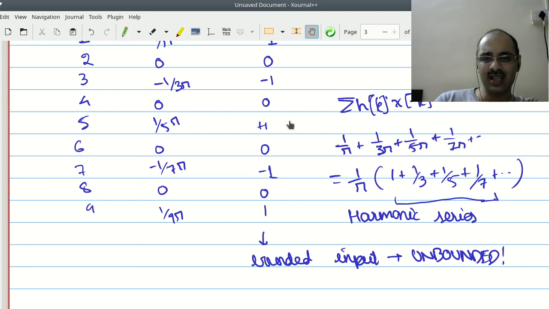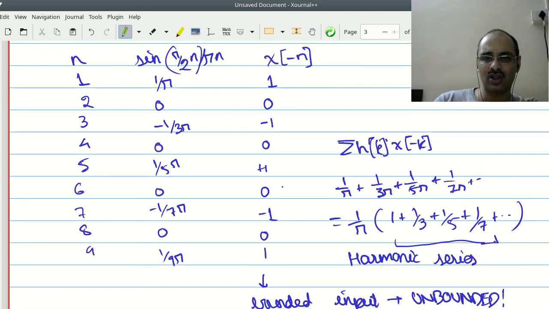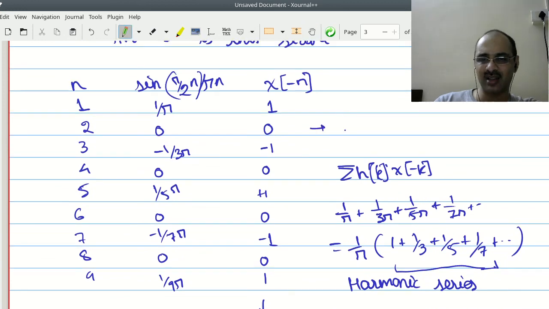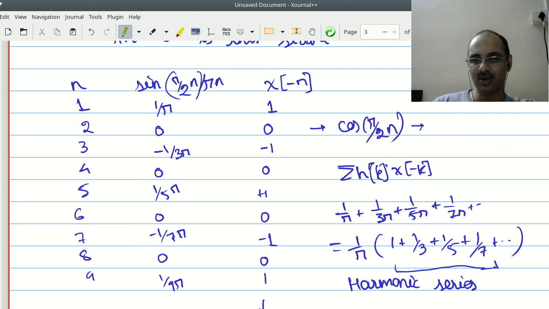It's 1, 0, minus 1, 0, 1, 0, minus 1, 0, which is actually a shifted version of cos of pi by 2 n. Because if you start substituting values, of course maybe there's a shift by 1, but still go with me. If you put n is 0, you get 1, n is 1, you get 0, n is 2, you get minus 1, and 3 you get again 0, and so on. So this sequence is actually just a shifted version of cos of pi by 2 n, which means that